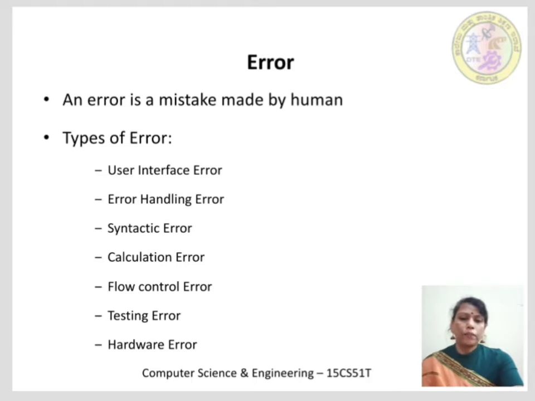Testing errors. It implies the errors that occurred when implementing and executing the test process. For example, bug scanning failure, inefficiency in reporting an error or defect. Lastly, we have hardware errors. Such errors are related to the hardware device, such as no availability and no compatibility with the device, etc.